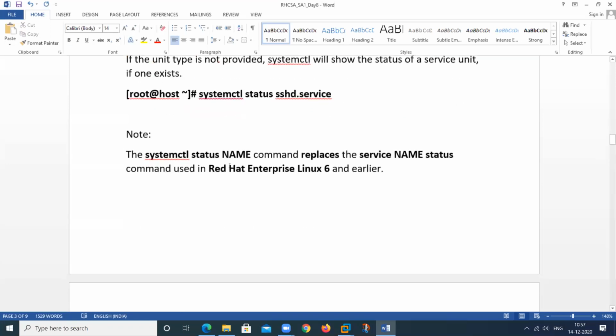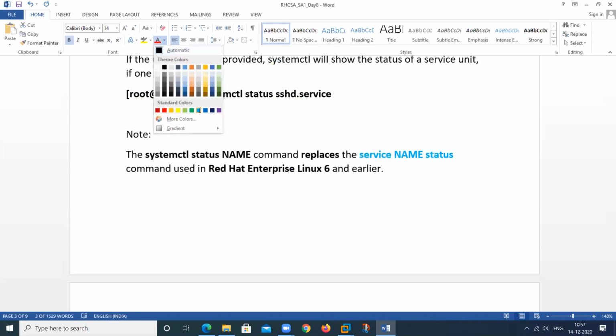If you have a RHEL 6 version, then you cannot use this particular command. This command is only used in RHEL 7, RHEL 8. But if you have a RHEL 6 version, then you can use the service command, this one. So in RHEL 6, you can use this one command.